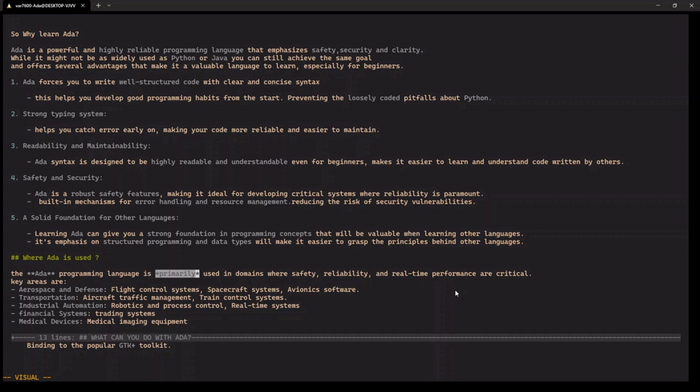That's why I highlighted the word primarily here, because the goal was to create a high-order programming language, but also a reliable one to write critical software. That is why Ada is used in areas like